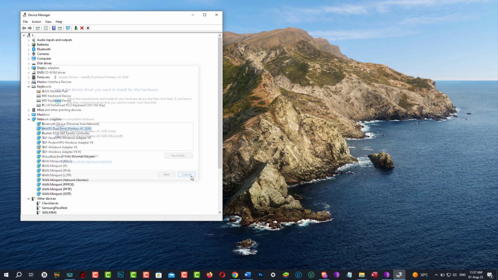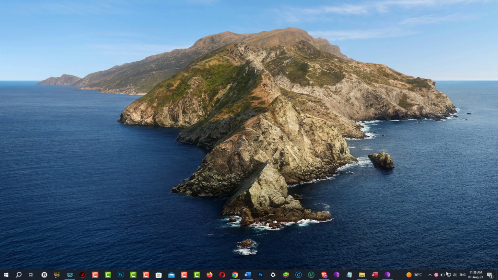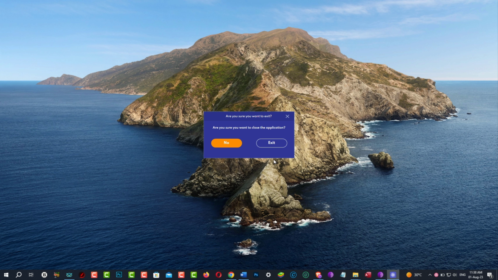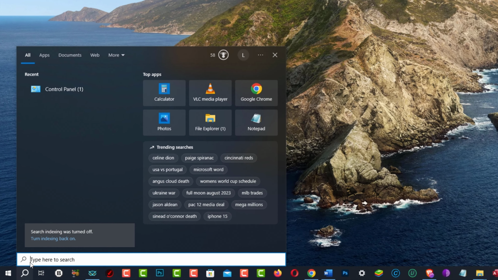If you don't have a VPN installed, ignore the VPN drivers, but don't forget to check the kill switch on your VPN provider. If it is on, then turn it off, so your Windows Internet applications are not suspended by the VPN. And after updating the drivers, you have to restart your Windows 10 and check if the Wi-Fi option is showing or not. If it is not showing, then come back to this page, right-click on this network driver,